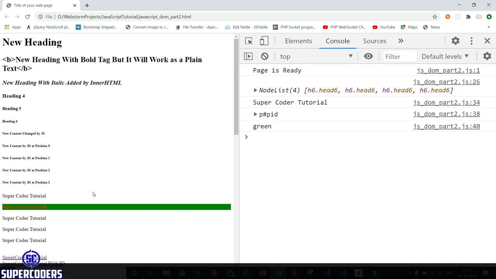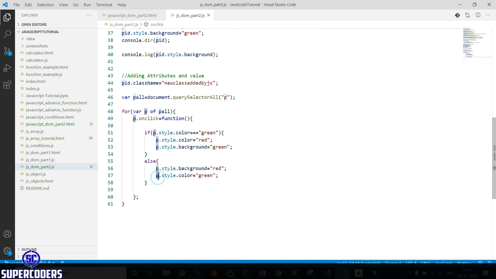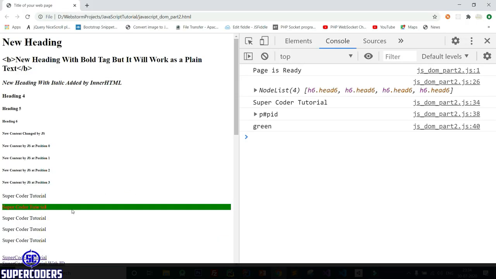Okay, so here you can see if I click on any item, it will not work. It will only take the last item, because here p reaches the end, which means p changes value to the last item. So that's why it always changes to the last item. So how can you change only the current element when clicking a button?